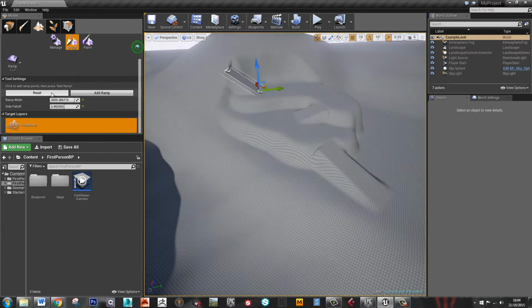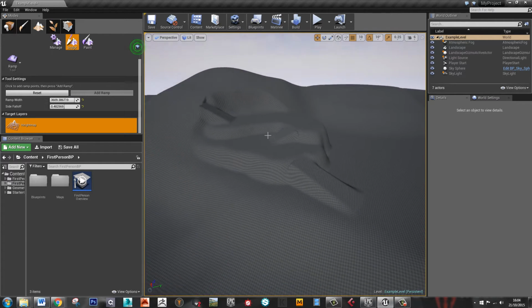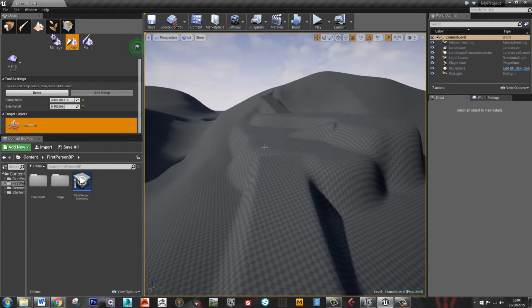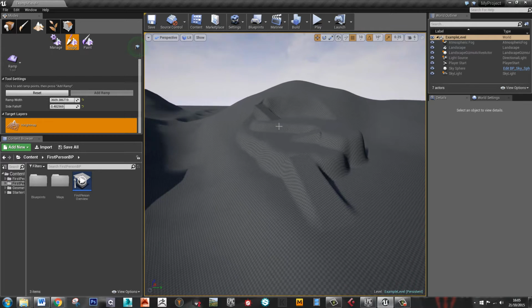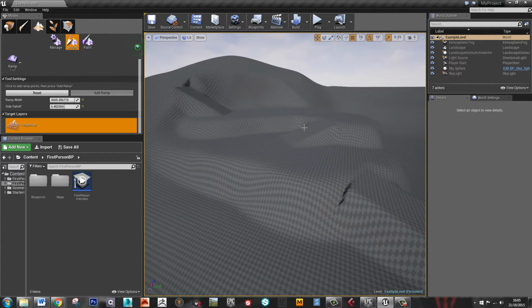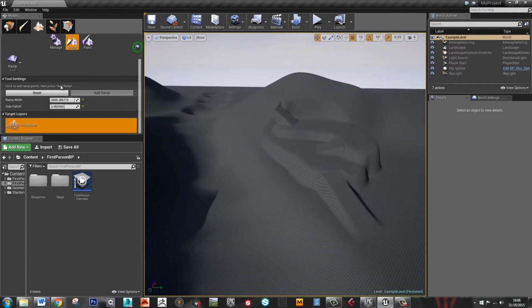So the flatten and the ramp tool are good for creating nice little playable spots, and when you're creating mountains, the erosion tool is